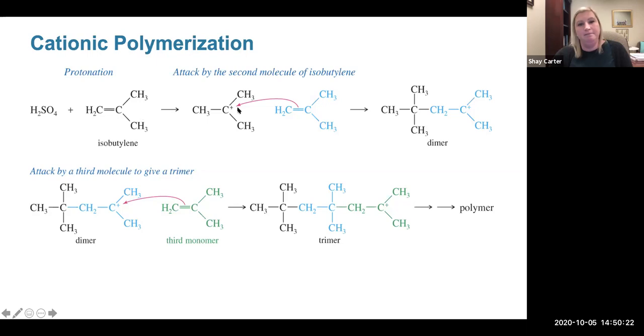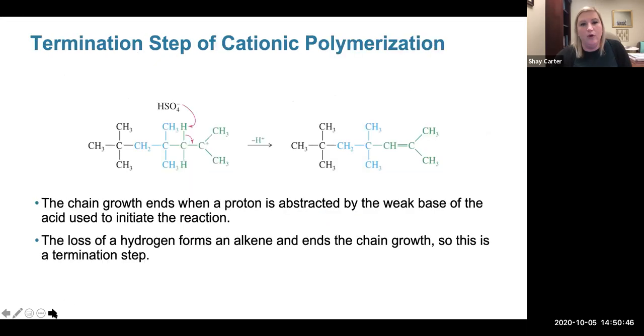Then our pi bond from our double bond attacks that carbocation, which produces a dimer. Then our next alkene reacts with that carbocation, which forms a trimer, and so on and so on until we form long chains of this polymer. Now eventually we have to get to a termination step. And just like with our radicals, we have